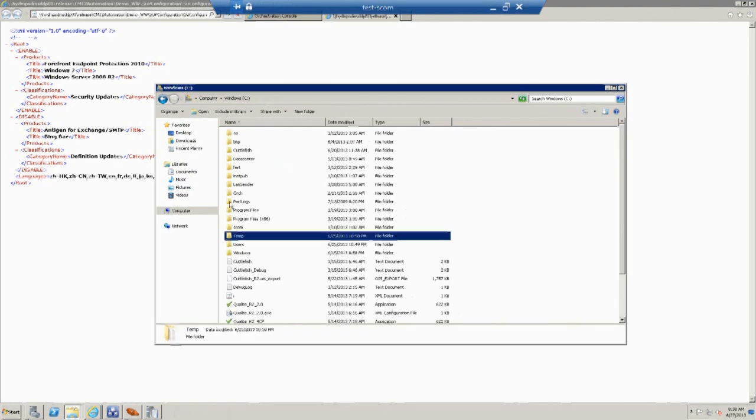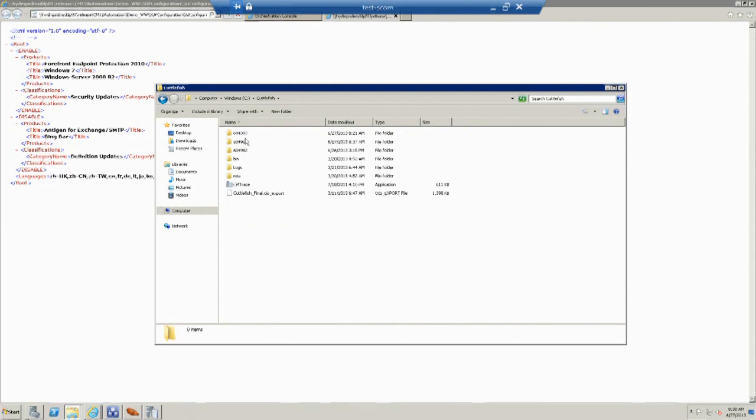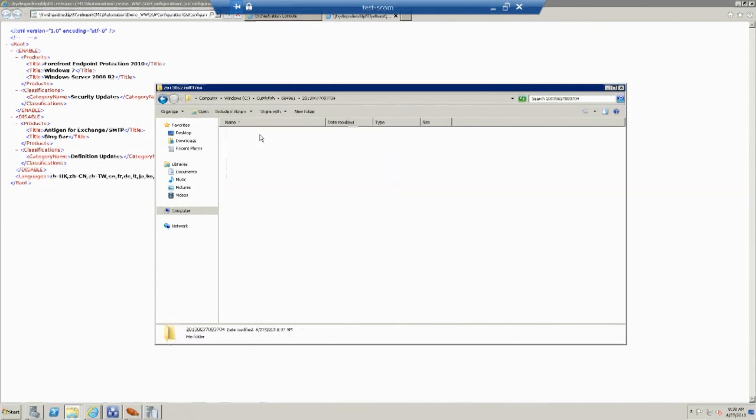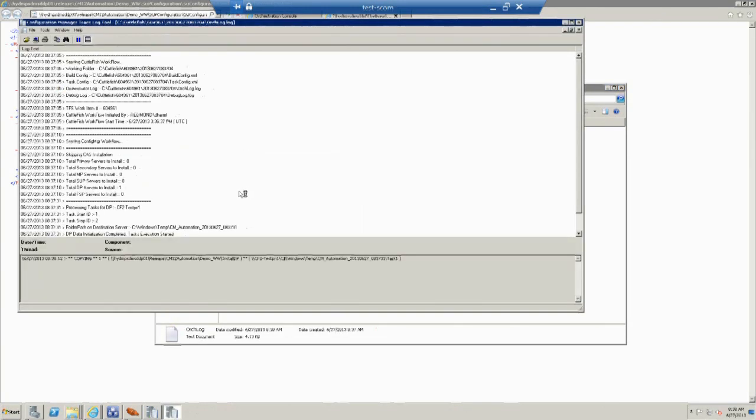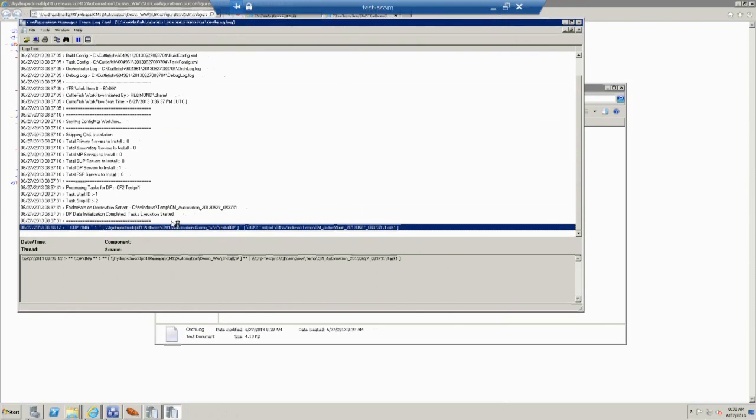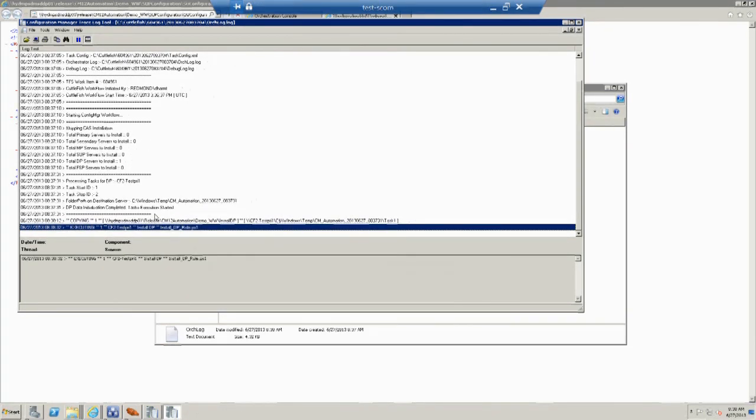So C drive, cuttlefish, 961. As you can see, it's now copying the files, meaning the script file, onto the target server, and it will kickstart the DP role very soon. Yes, it is doing the DP role installation. The name of the script is install_DP_role.ps1, which is a PowerShell script. So while that is going on,